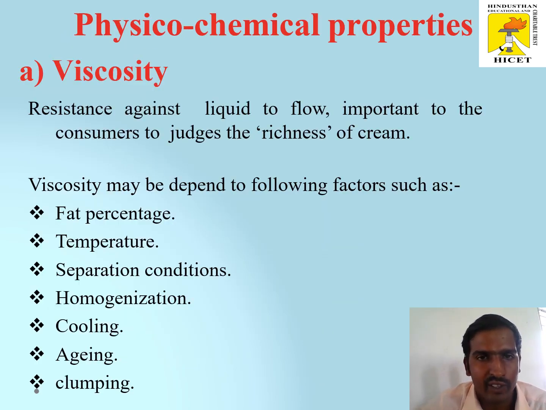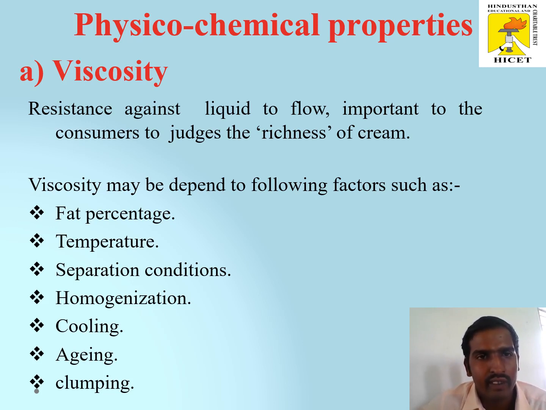We have 4 different physico-chemical properties: viscosity, whipping quality, specific gravity and acidity. Coming to viscosity, the resistance against liquid flow is called viscosity, and based on these physico-chemical properties we can determine the richness of the cream that is present over